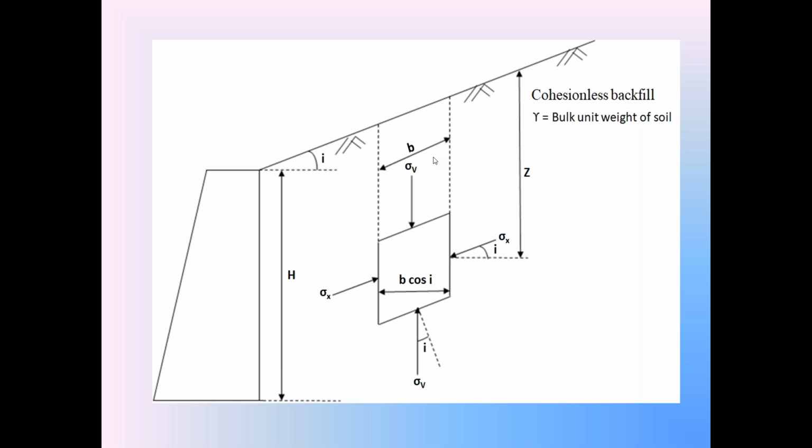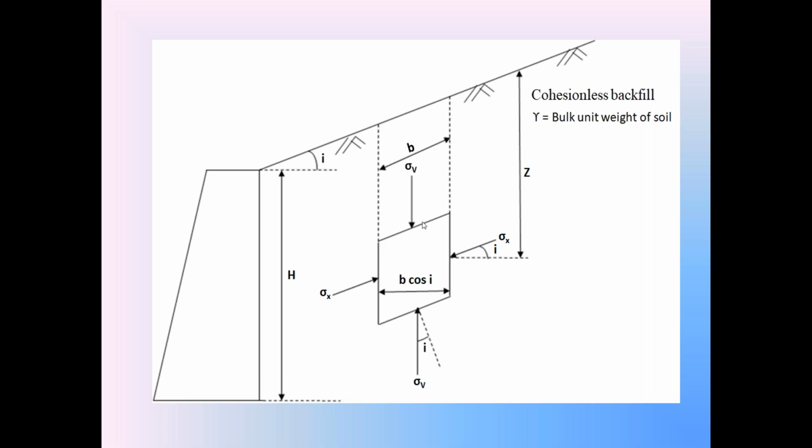So the weight W of the soil prism above this element is equal to gamma into the volume of the soil prism. What is the volume of the soil prism? Z into b cos i into 1. So the weight W is equal to gamma into z into b cos i into 1. Then the vertical stress on this soil element, sigma V, is equal to weight W divided